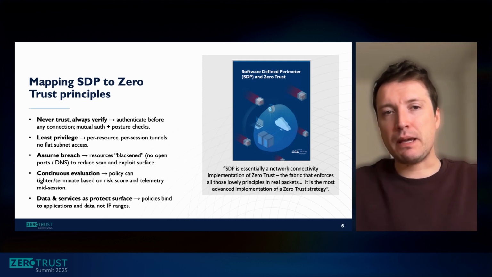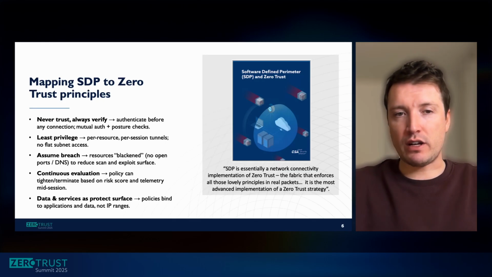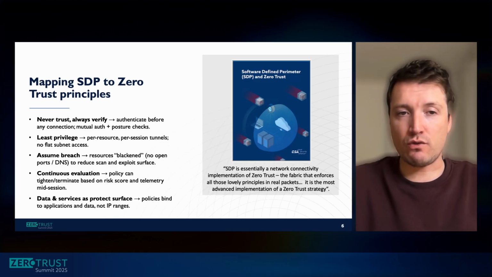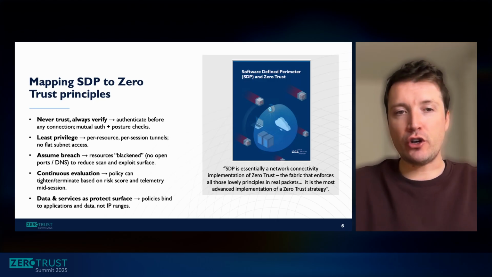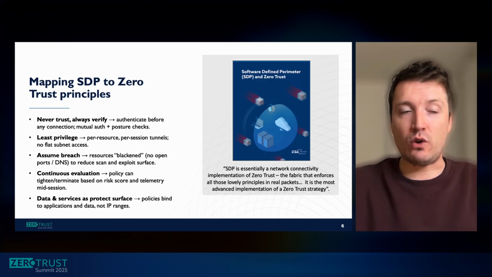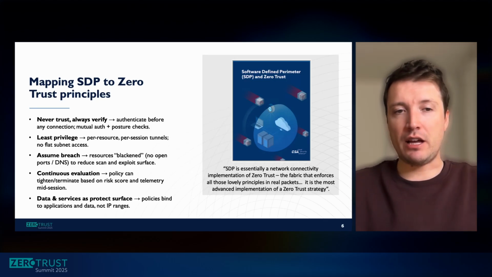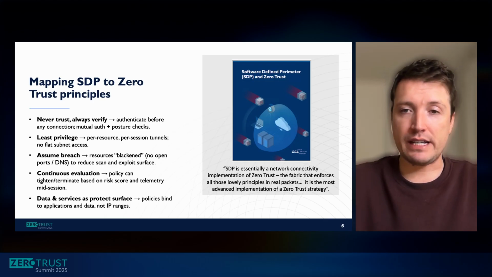And so fundamentally, SDP provides us a framework to apply zero trust principles to the network to ensure we do not trust, we always verify, to effectively treat the network as compromised and hostile, so that we do the authentication and authorization before any connectivity can be established, with mutual authentication and posture checks to ensure least privilege, so that every resource or access request is per resource, per session, connections or tunnels, and not just a flat underlay network, to assume breach and thus ensure services are completely unroutable unless you've done the authentication authorization,